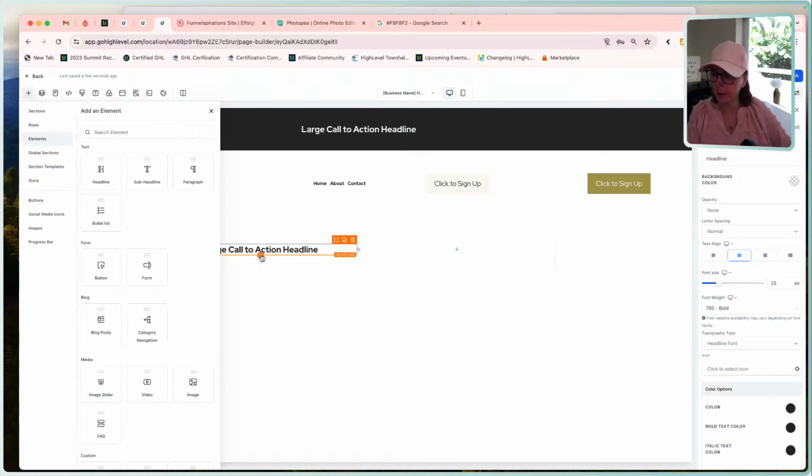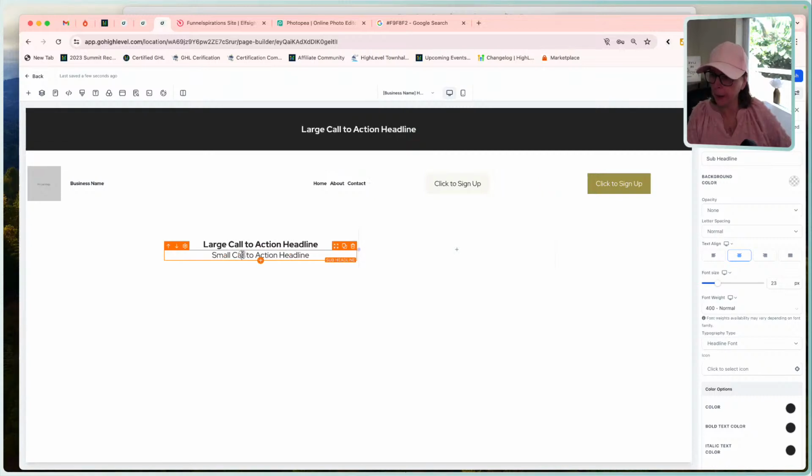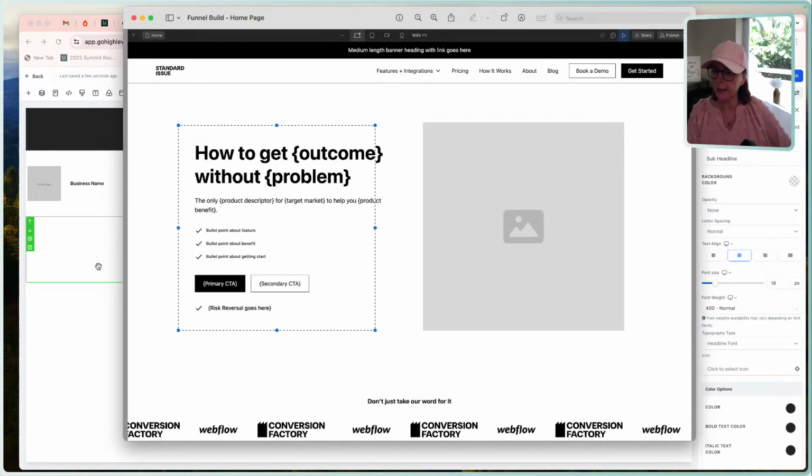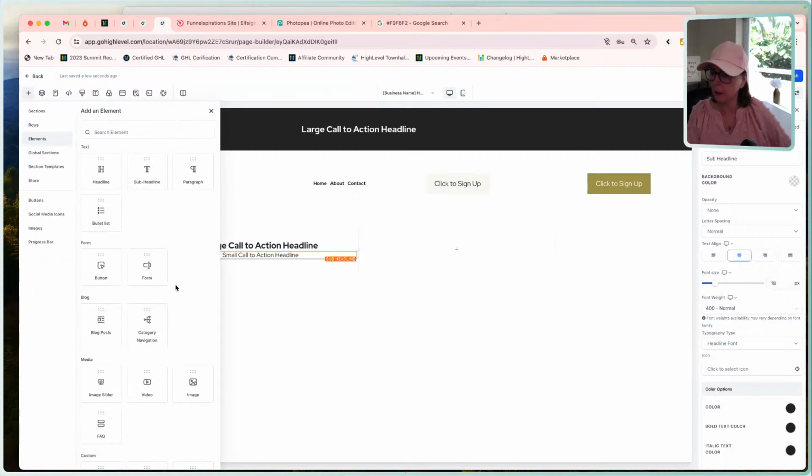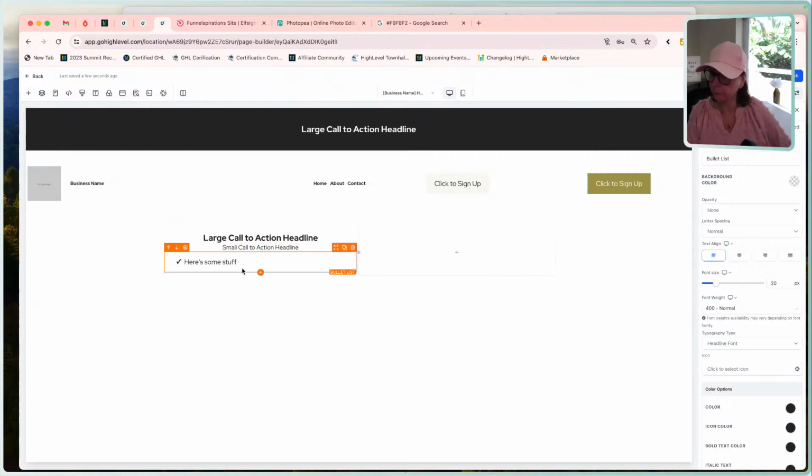And then I'm gonna want a subheadline. I will pop that one in. And again, it's an H2. Let's put her as an H4 just for fun. And then what else did we see? We had some bullets. Element, and there is bullets in here somewhere, bullet list, right? You can see how it's all weird, that's fine. And then it was